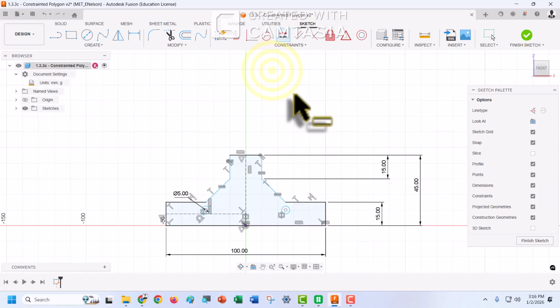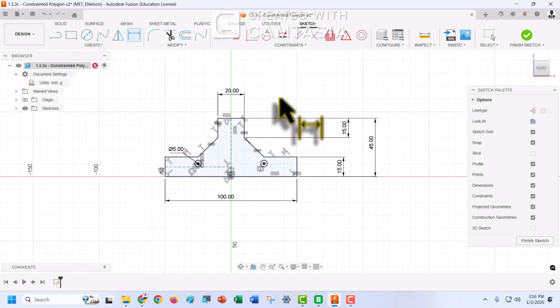And then the last thing, probably what's going to screw this up, I didn't even realize I don't have a distance for the top. So go back to your sketch dimensions, choose the top line, and that's going to be 20 millimeters, and this is perfect. You notice now everything is black. This is a fully constrained item. So let's save this,